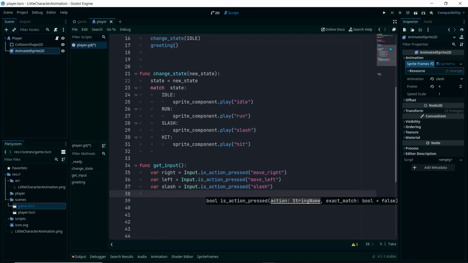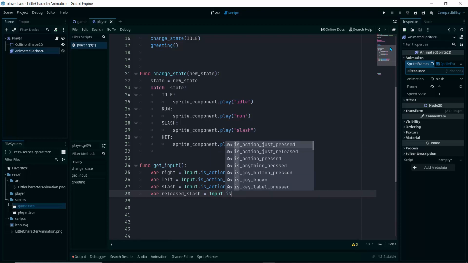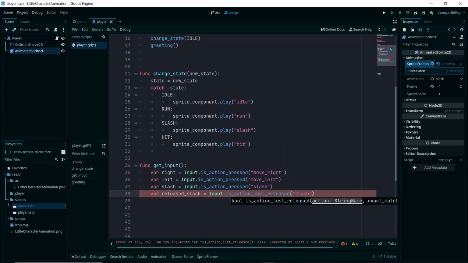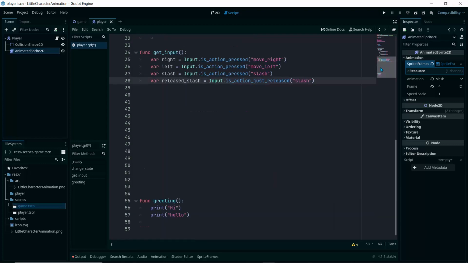So I'm just going to say var released_slash. That means our hand is no longer on that key. I'm going to say Input.is_action_just_released. That's this one, second one, and we're just going to check if we have released slash. And I'll actually show you why I did it this way, because it's kind of